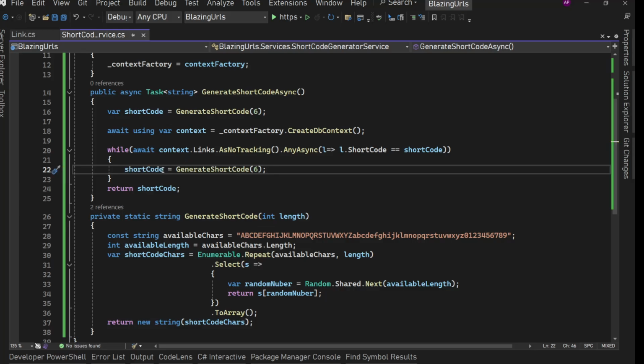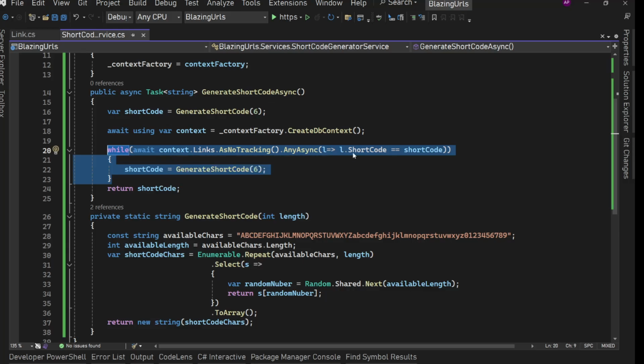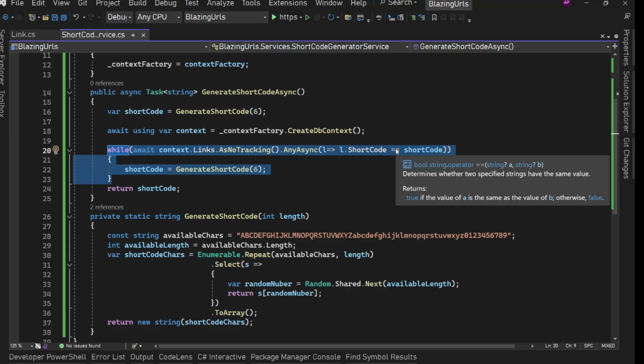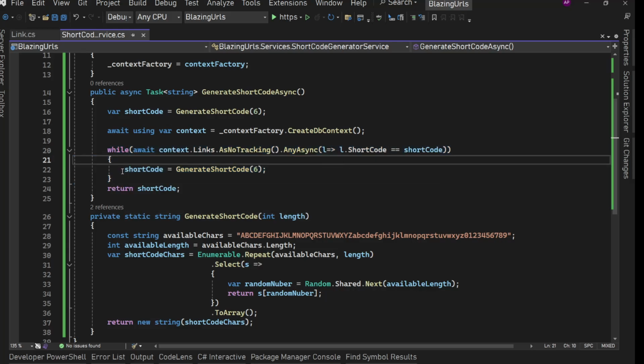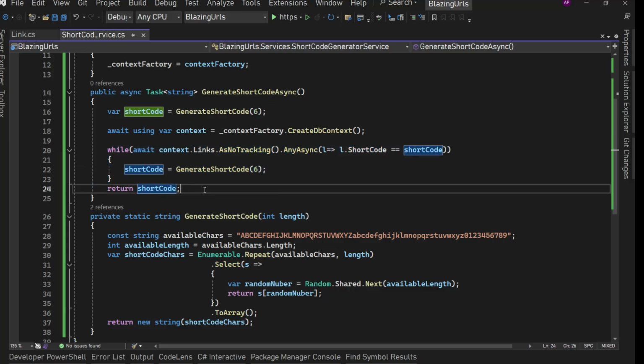So here we'll simply say short code equals generate short code like this. All right, now it will again generate short code. If this exists already, it will again generate short code, and then it will again check that new short code if that exists in the database. If it exists second time also, then it will again come here and generate a short code. So it will keep on doing this unless it finds a unique short code which does not exist in the database already. All right, and when that case meets, then this condition is going to be false and it will simply come out of here, then return short code. Okay,